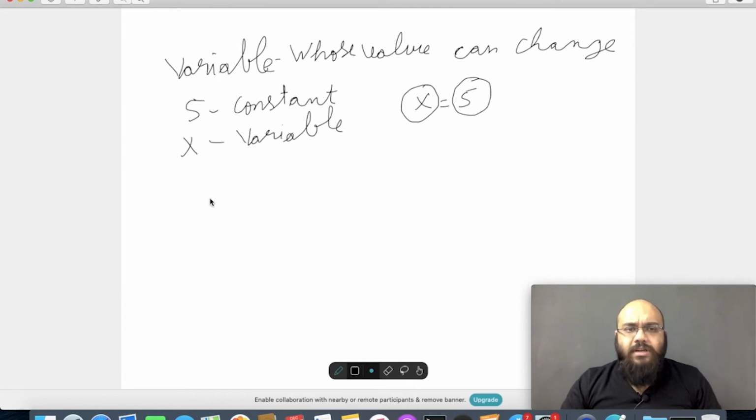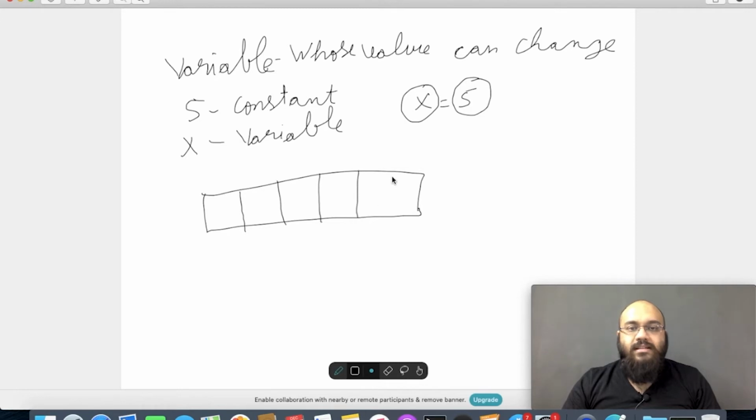Let me give you a small pictorial representation of the computer memory. Let's say this is a memory. Memory has various cells, or addresses. Let's say I put the name x over this memory location, and we stored the value 5 here.